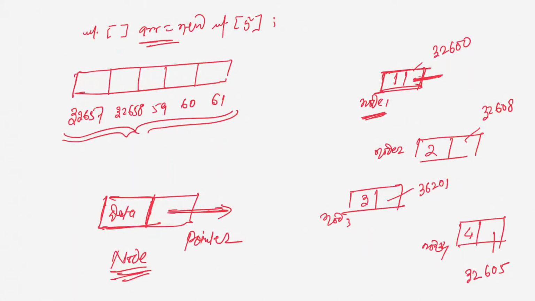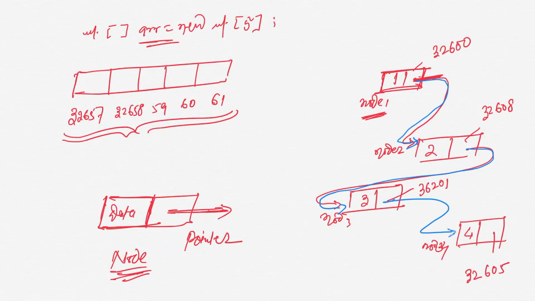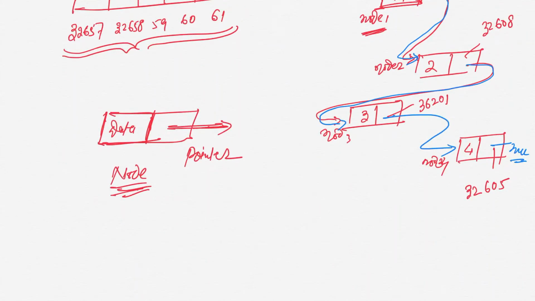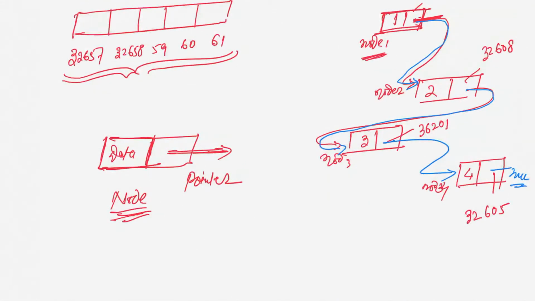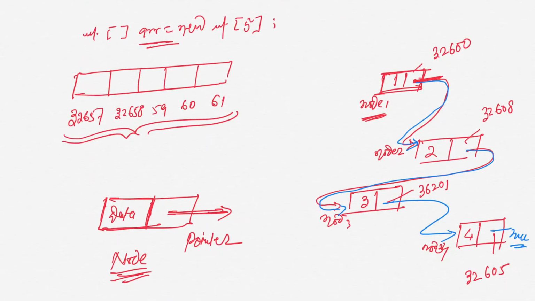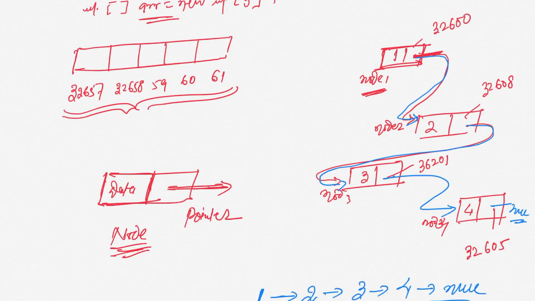So node 1 will point to node 2, node 2 will point to node 3, and like this. This will have the memory location of this, and this will have the memory location of this, and this is going to point to null. If you try to show it in a convenient way, you can write like this. This is how the linked list is going to look when we create it in memory